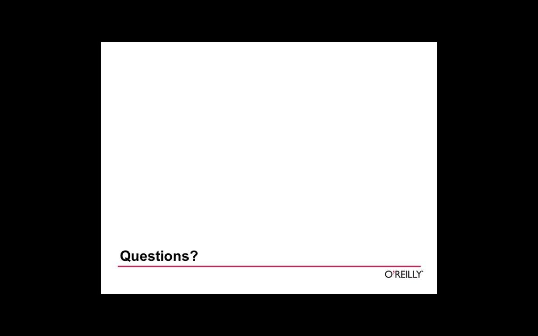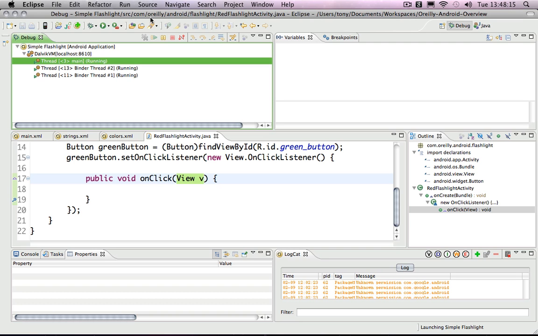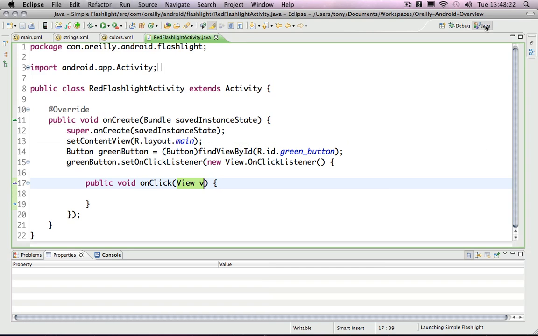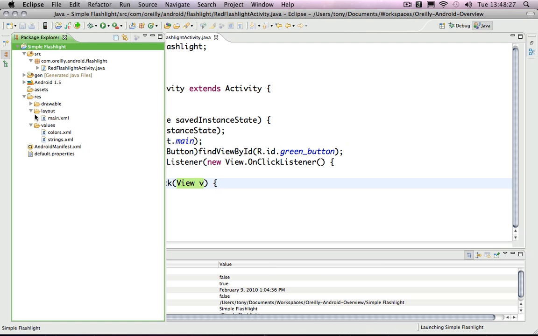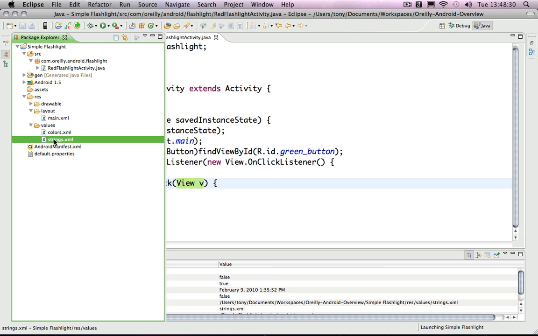Thank you. Is it too early to talk about how we might internationalize those strings? I was going to go through that in a later version, but let me give you a quick preview. If I hop back to Eclipse, can everybody see Eclipse again? Yes. I'm going to disconnect from the debugging session, switch back to the Java perspective, and go into the Package Explorer. Inside this values directory, I would have a strings file, and I'm blanking on what the convention would be,